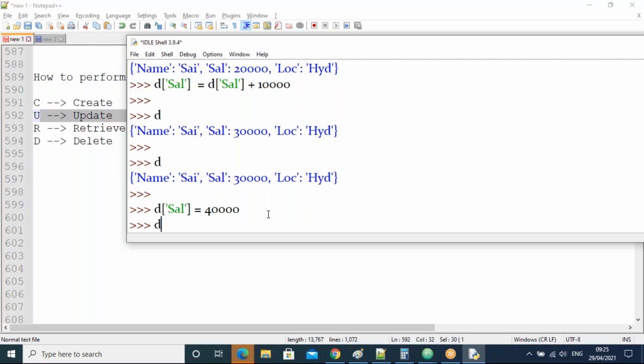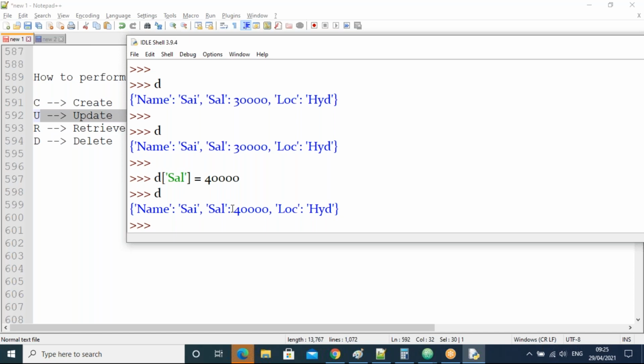Yes, I click enter. Now what is the dictionary now? Previously what was salary? 30,000, right? Now what is salary? 40,000. This is one way to update the value of a specific key.